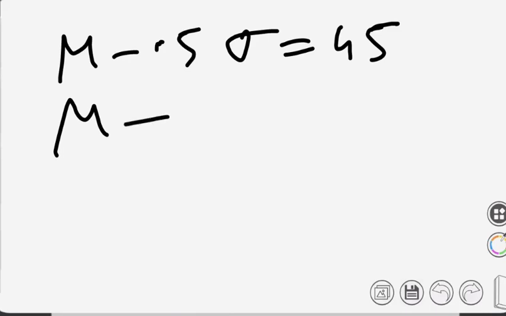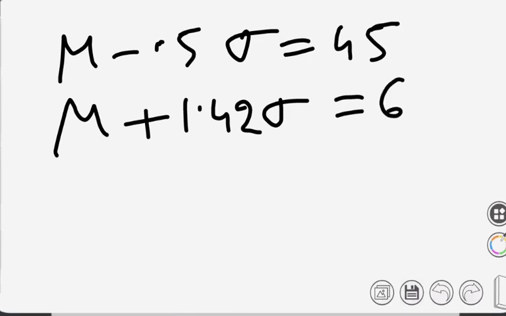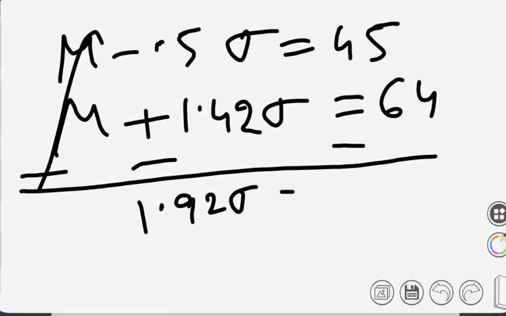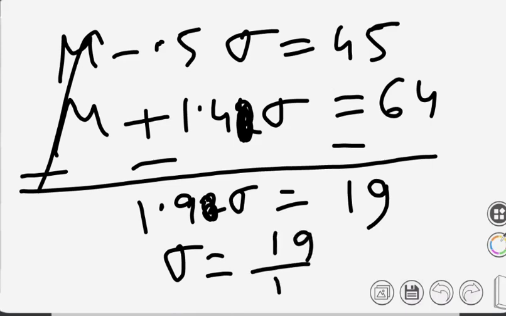Mu minus 0.5 sigma is equals to 45, তাই তো? আর একটা হচ্ছে mu plus 1.42 sigma, তাই তো? is equals to 64. সলভ করো, তাড়াতাড়ি সলভ করো কুইকলি। এটা থেকে এটা বাদ দিলে কি হবে? মিউ কেটে গেল, 1.92 sigma equals to 19, তাহলে ওটা 1.4 ধরে নাও, 1.40 ধরে নাও. That means sigma is equals to 19 by 1.9,